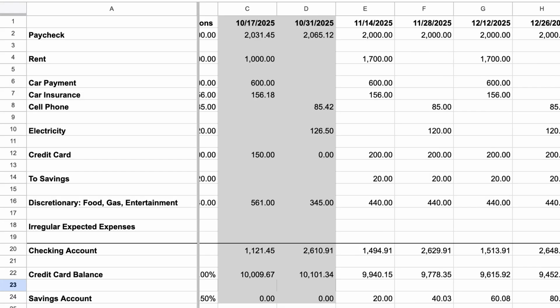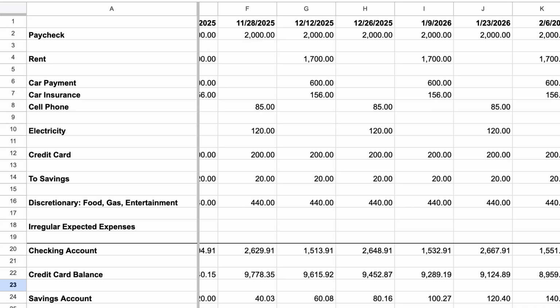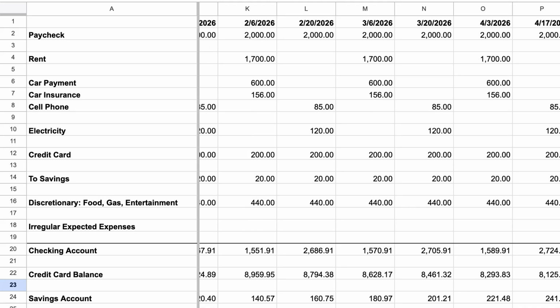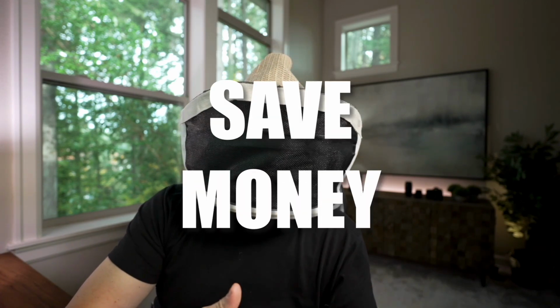If you're new here, welcome. We've been building a spreadsheet in Google Sheets to model out your entire financial future longitudinally with an at-a-glance view, so you can quickly make smart financial decisions and see how those are going to impact your future. So you can do things like pay off debt, save money, plan for the future, anything you want to plan